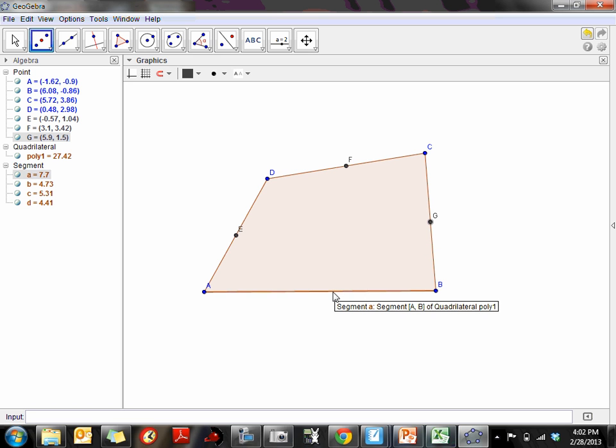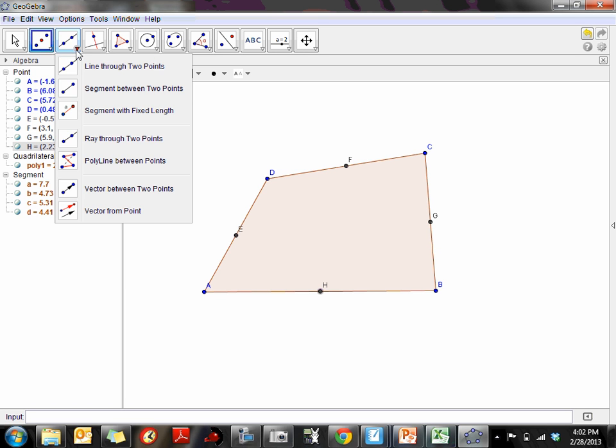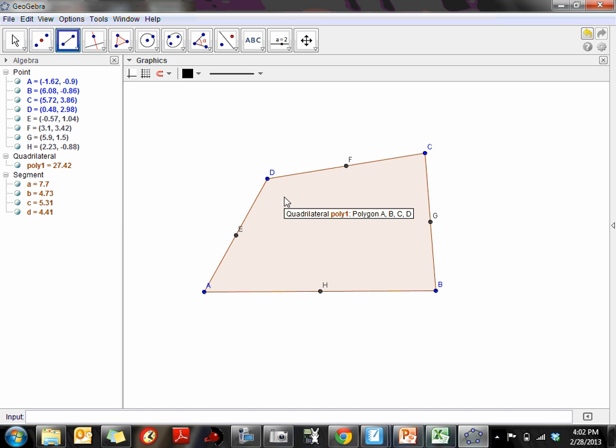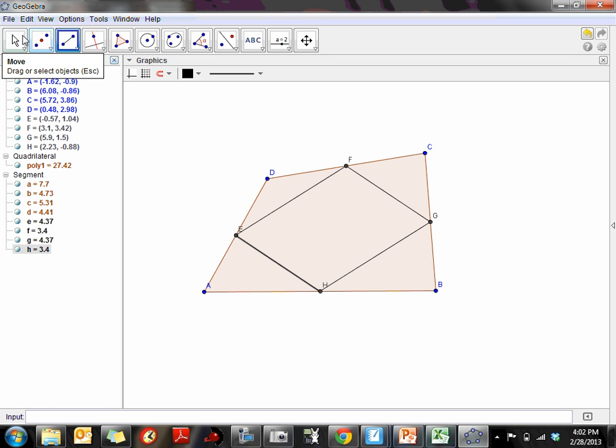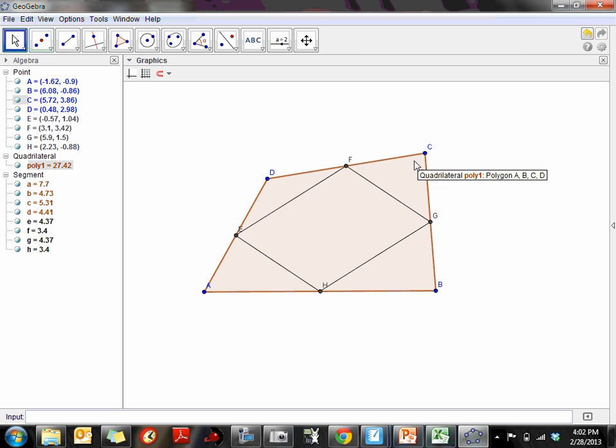And then they want us to connect those midpoints with a segment. So I'm going to connect those midpoints with a segment between 2 points. They say to go in order from E to F, then F to G, and then from G to H, and from H to E. If we create this figure inside of our quadrilateral, they want us to make some observations about the figure that's